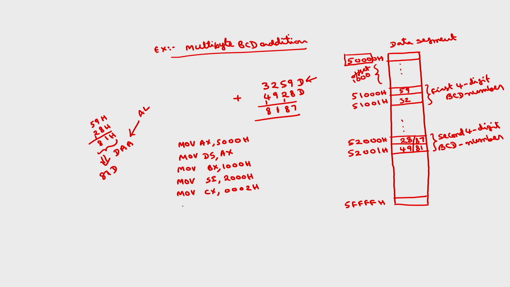Then what you have to do? In order to perform this addition, one of the operands has to be taken into AL. So MOV AL, [BX]. So with this instruction what happens? Here no need to write BYTE PTR because the destination is 8 bit. So AL will be loaded with the contents of the memory location whose offset is present in BX. BX is pointing to offset 1000, which holds 59. So AL will be loaded with the 59 value. Even though we have given this as a decimal, the microprocessor assumes that it is a hexadecimal number.